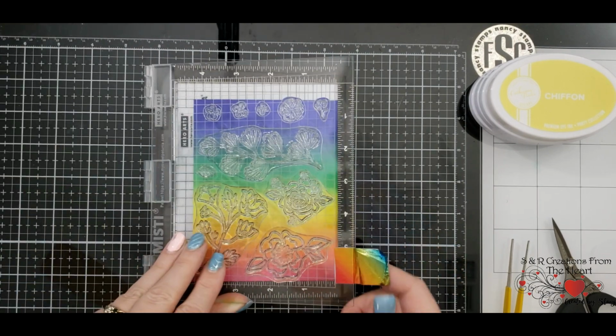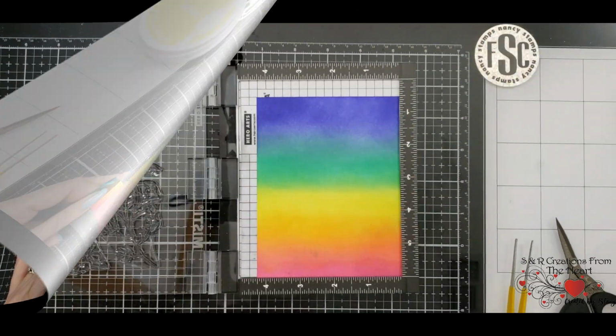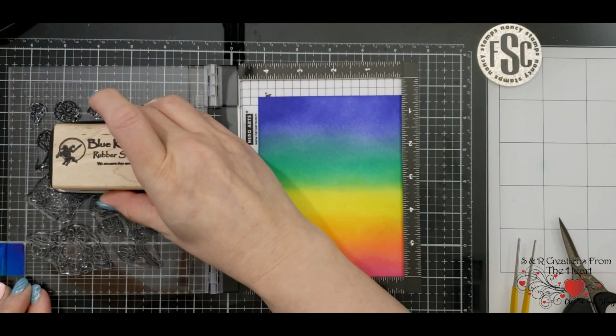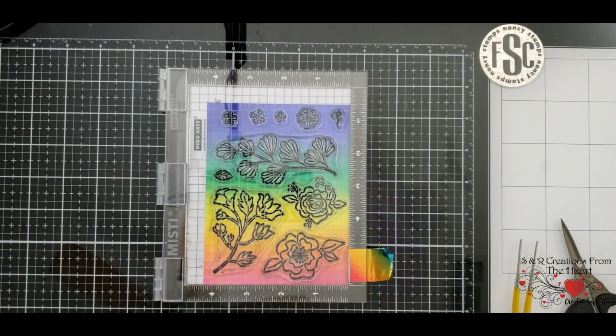Yeah, I'll do that. I'd rather have these flowers a little bit brighter colors and these a little bit darker, and then like that one's in the green, which is perfect. Ink it up a couple times. Okay, so I'm going to use Spine Clear Nocturne. And then I get to use my